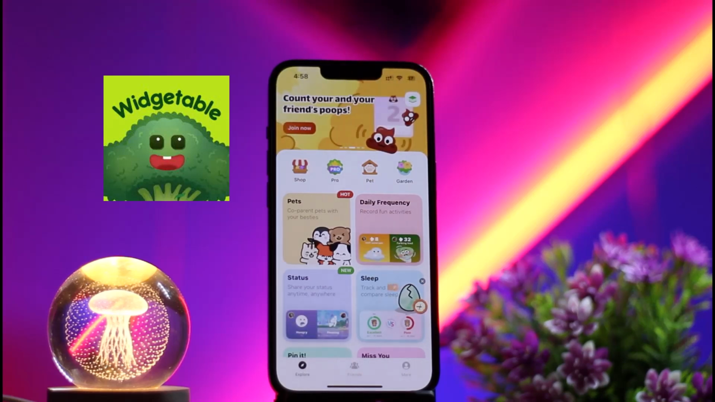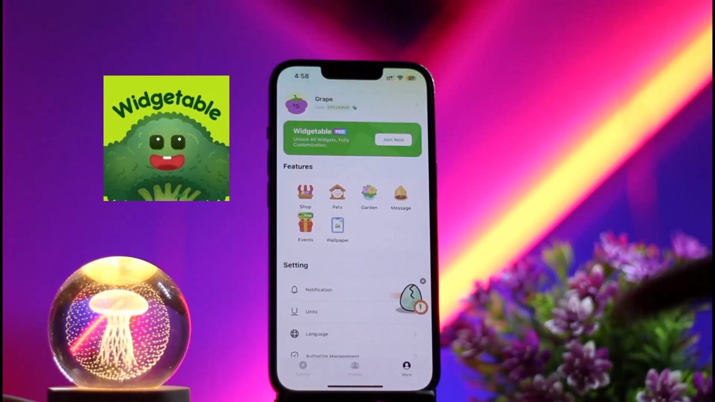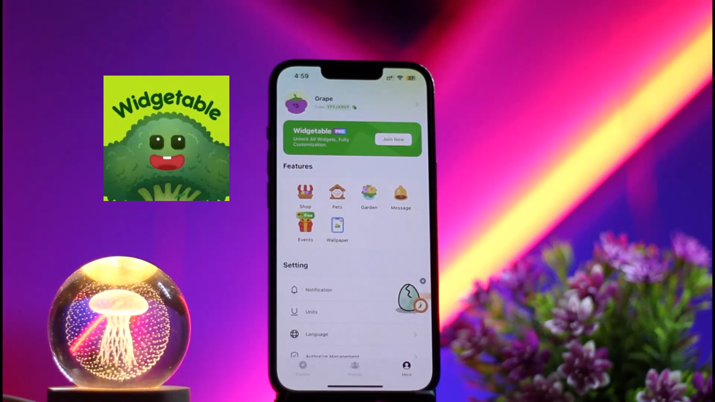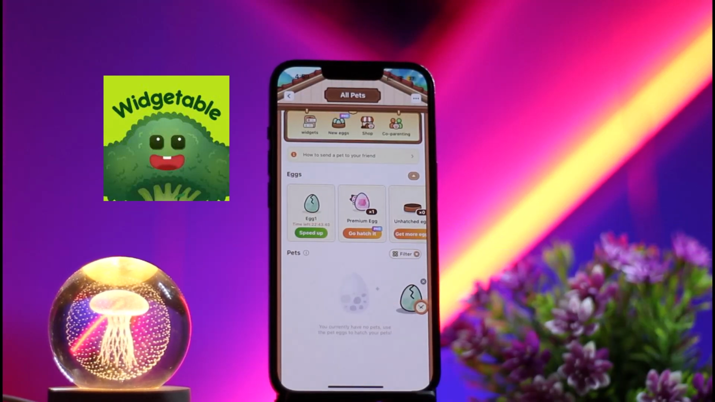taskbar. Now to co-parent a pet in Widgetable, you just need to click on the option of more at the very bottom right, and here you'll see the option of shop, pets, garden, message, events and wallpapers. So click on the option of pets at the very top of the screen, and here you just need to access your pet profile. So you just need to select the pet for which you want to invite a co-parent. So simply tap on the pet and you just need to look for the option which is invite co-parent